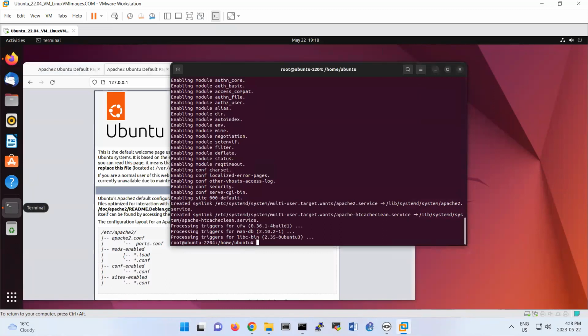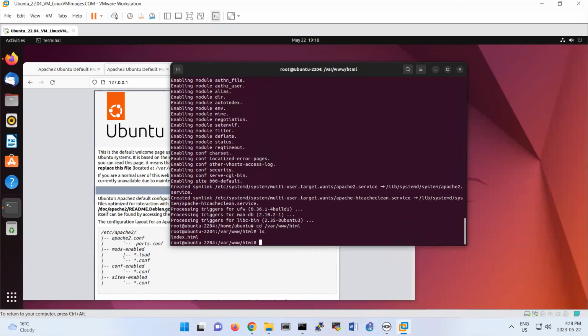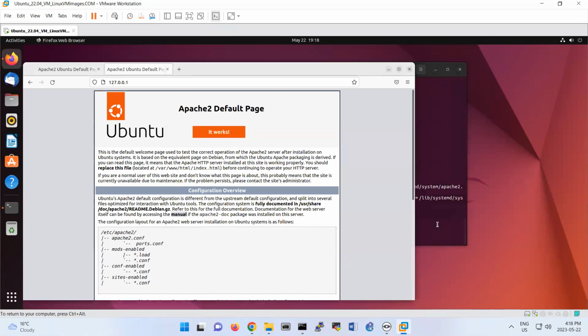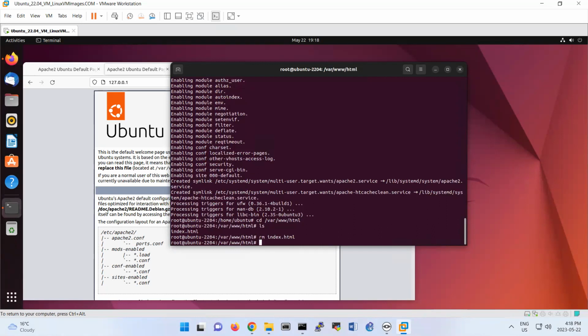Then you can switch to CD. The location of a file is here, right? So I have index.html. So that's the main page, right? So what I'm gonna do here, I'm gonna use rm index.html. I'm gonna remove this file, create my own file, nano